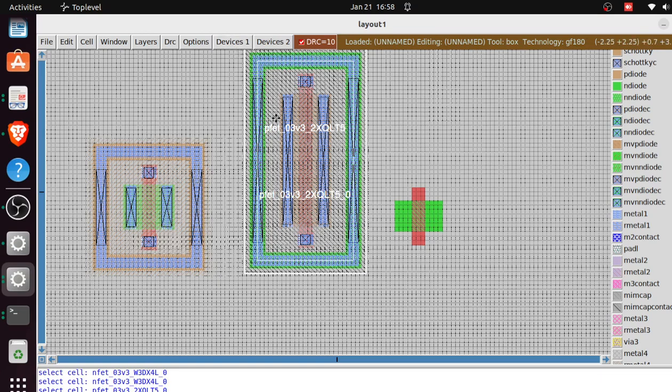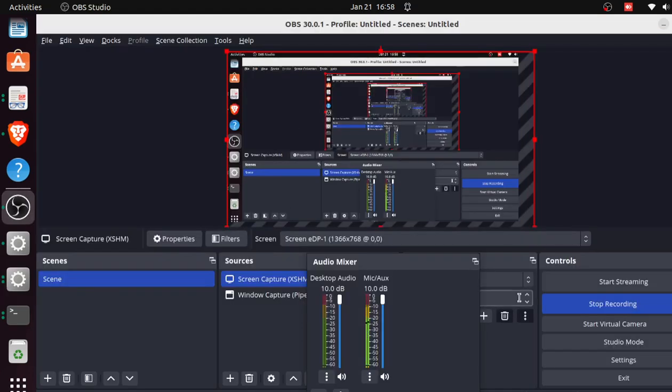So in conclusion, from now on we'll be using just 2 out of the 3 methods. We're not going to be using this one anymore because it can take time, it can waste time. Imagine you have 10 transistors, just imagine the time it will take to start from here to get to this. So that's why we're not going to be using this method, but we're definitely going to be trying the other method, and the third method I'm going to introduce to you. So let me just stop the video here, and we'll see